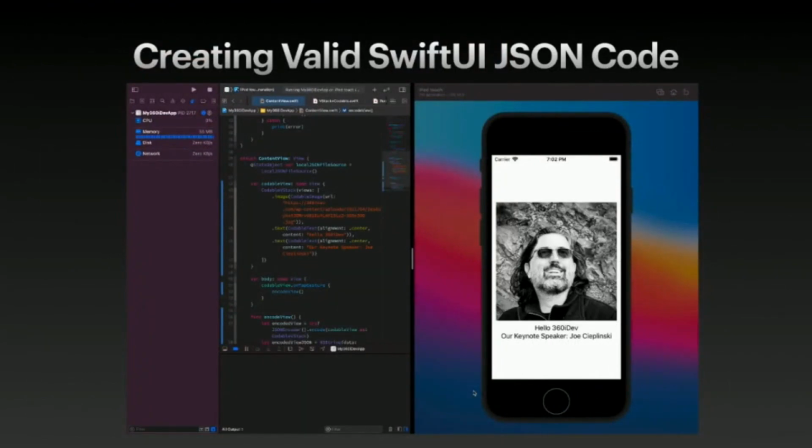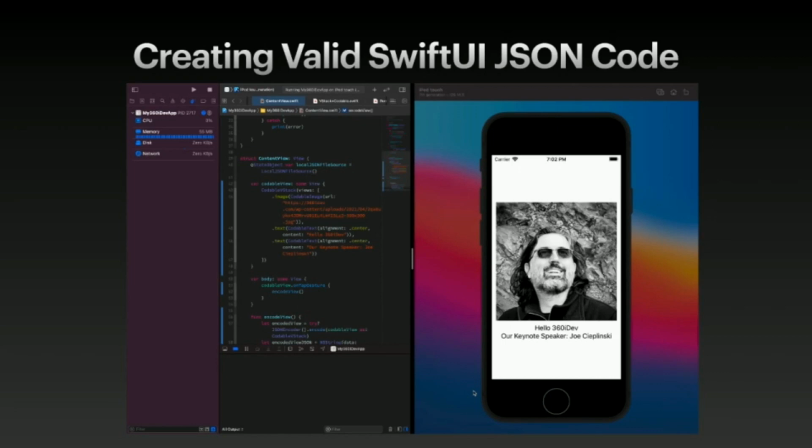The big question that some of you might be asking is, how do you create valid SwiftUI JSON code that is not going to crash your runtime at the end of the day when you're on mobile, or when you have it already released and you just get a bunch of crash reports in from Firebase or whatever your crash reporter is? How do you do that? There are several things that you can do, and that was a big issue that we had. I've mentioned that one of our main objectives was to translate basically HTML and CSS into the same views in native. Native land was very important for us, because we didn't want to put it in a web view at the time.